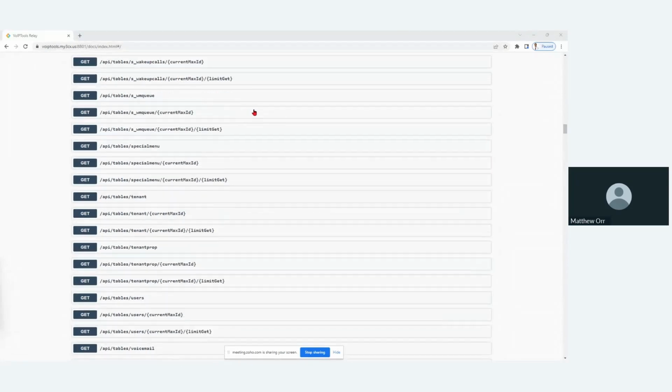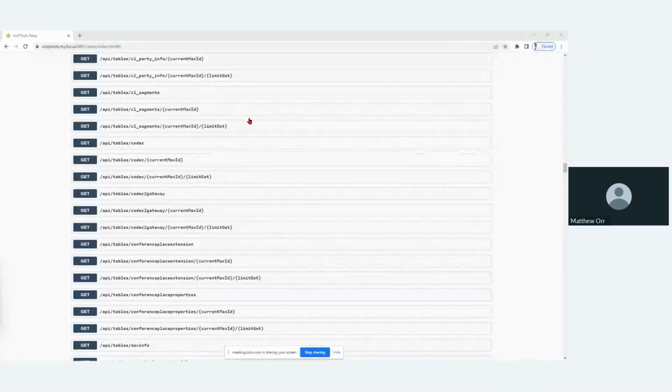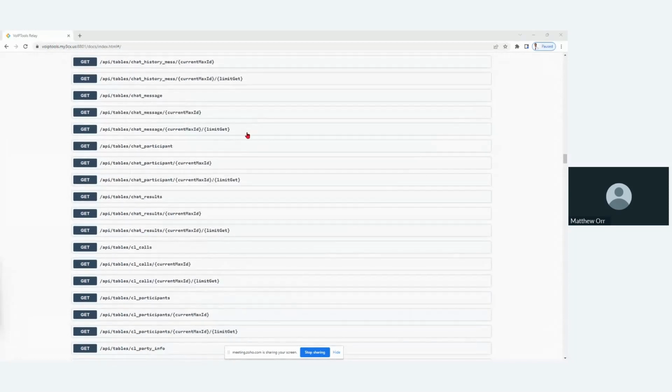These are all the tables within the 3CX Postgres database. And remember, I told you that if you touch the Postgres database, you're going to be in a lot of trouble with 3CX. We have kind of an unspoken agreement with 3CX that they will allow our API to access the Postgres database. And they haven't really given us an official